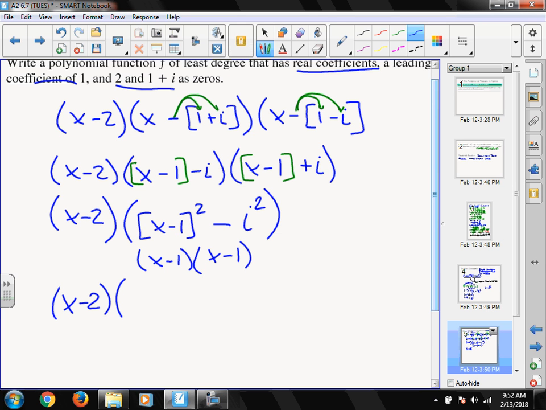Okay. If I FOIL this, x times x gives me x squared. x times negative 1 gives me negative x. Negative 1 times x gives me negative x. Negative 1 times negative 1 gives me a positive 1. They're not going to cancel, but that's okay. So I'm going to get x squared minus 2x plus 1